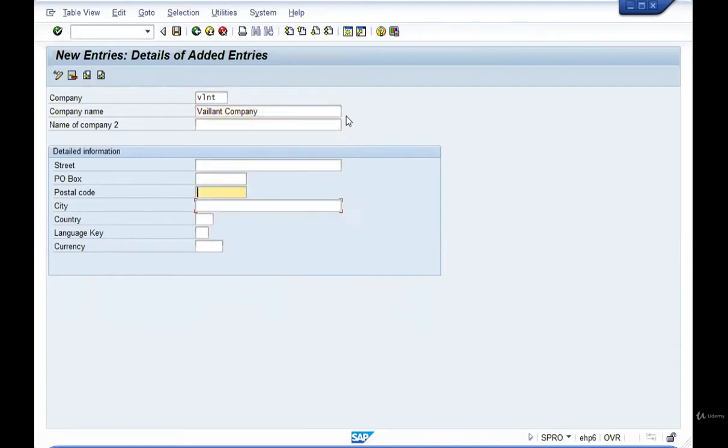And in real time, we enter all these details: the street address, PO box, postal code, city. However, for practice, you only need to enter country, language, and currency. Now, in the SAP system, every field that has a bubble like this against it indicates that the entries to that field are limited to the options already configured in the system. So to check and select from those options, click on this bubble or press the F4